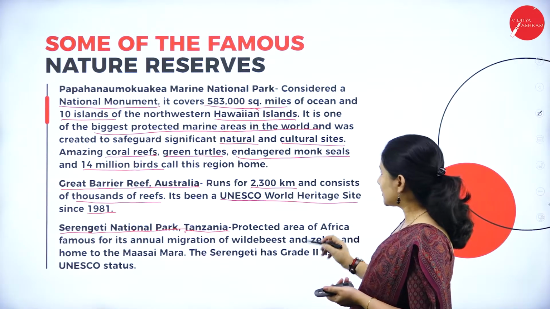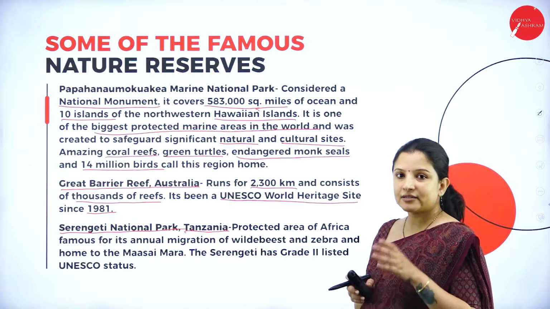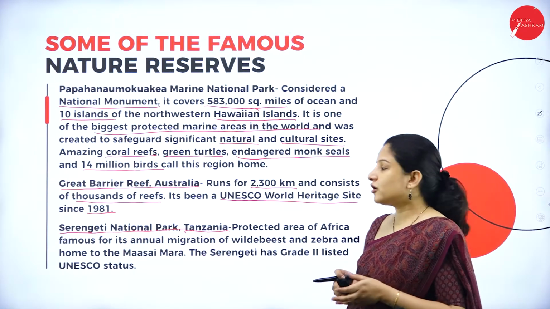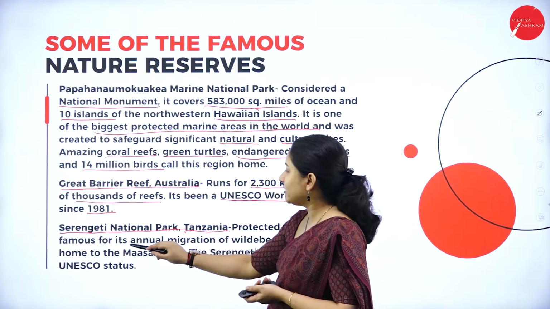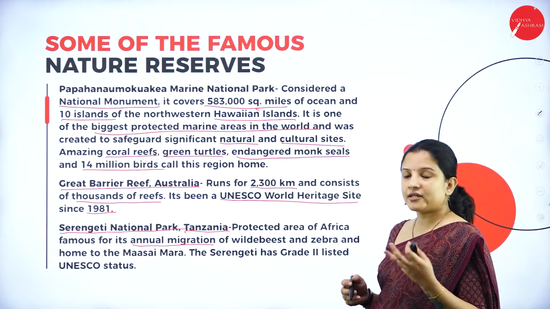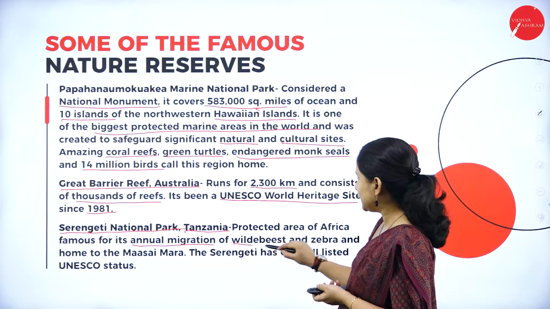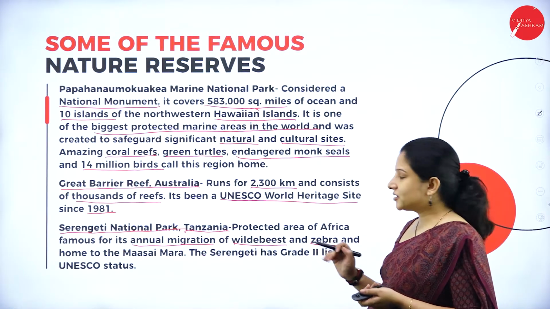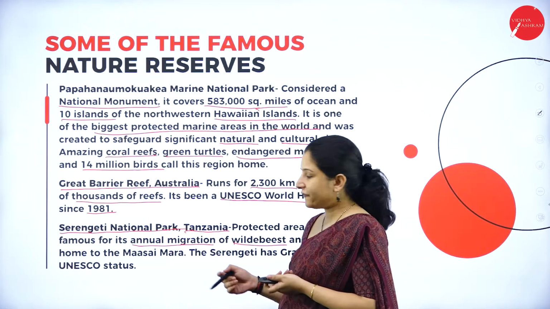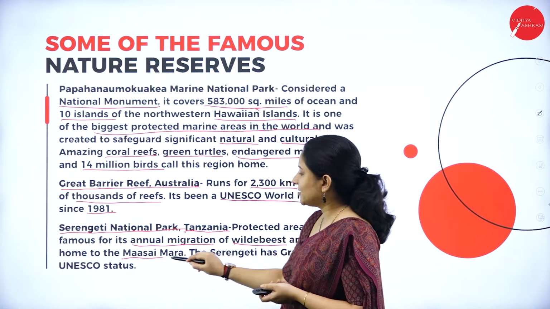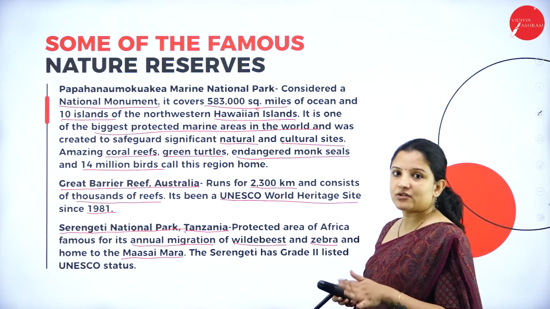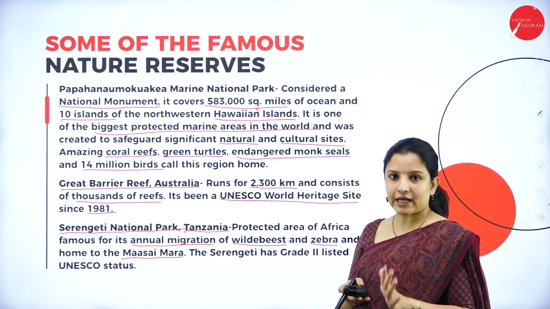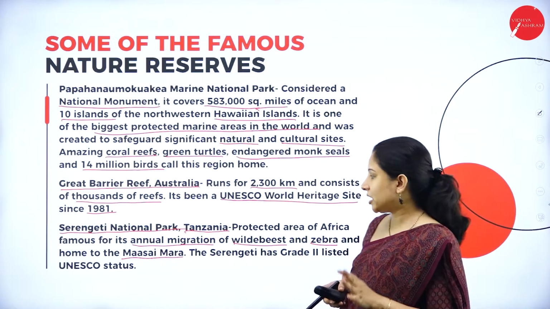So this is the protected area of Africa, and this nature reserve is very famous because a lot of migratory animals come here. Every year there is migration of wildebeest and zebra, and this particular national park is home to a particular group of tribal people called the Masai Mara. So these are the tribal people who have been living in this national park of Tanzania for many years,